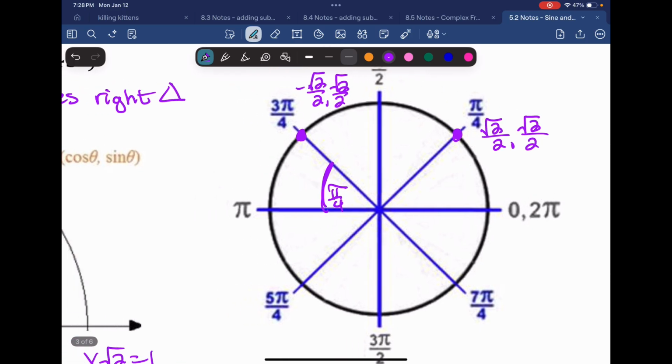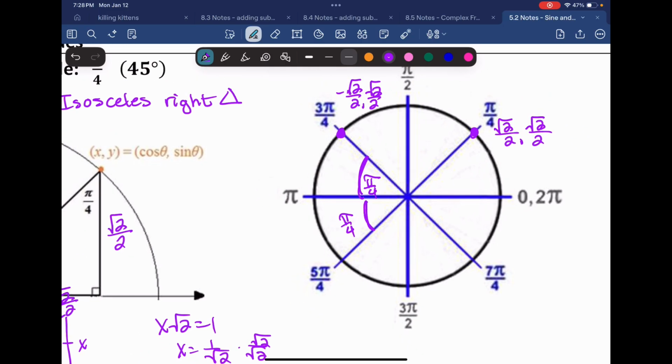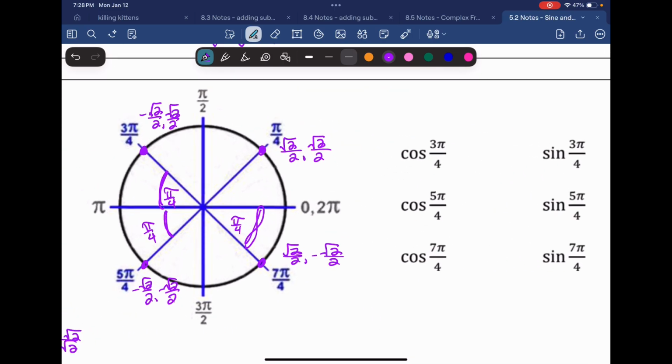All right, now I'm down here at 5 pi over 4. This angle is still pi over 4. That's my reference angle. The only thing that's changed is your sign. In quadrant 3, x and y are both negative. And now I'm on my last one, 7 pi over 4. This angle is still pi over 4. So my point, in quadrant 4, the x is positive, but the y is negative. Which means I can go over here and say, okay, the cosine of 3 pi over 4,